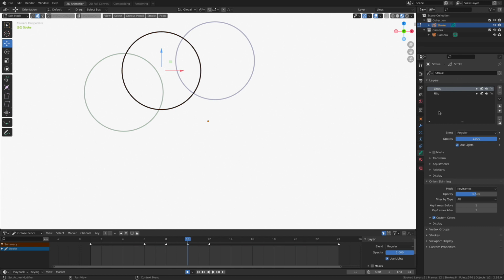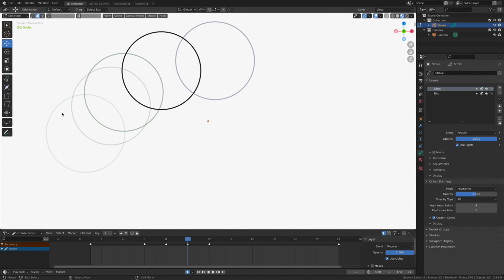Now, to immediately solve my problem, I want you to look at this keyframes before and keyframes after. Right now, it's only showing me one keyframe before the current location of my playhead. So I'm on frame 10. It's only showing me a ghosted preview of frame 8. I don't want that. I want to see 8, 6, and 1. Well, check it out. If I increase this value to, let's say, 3, or even 4 for that matter, now I can see, okay, the black one's frame 10, this one's frame 8, this one right here is frame number 6, and of course this one way over here is frame number 1.